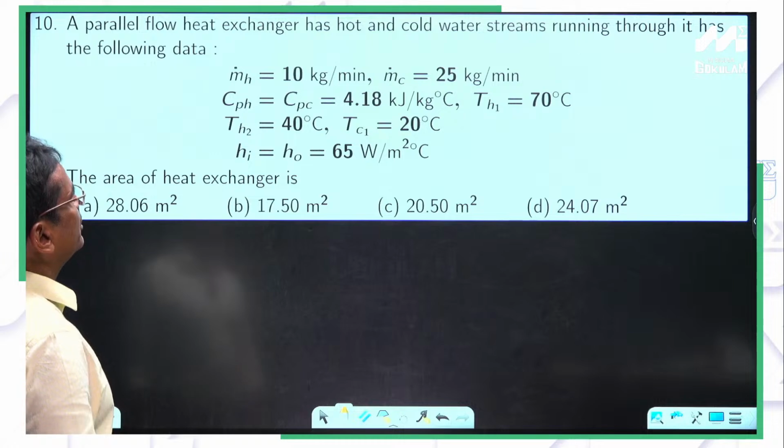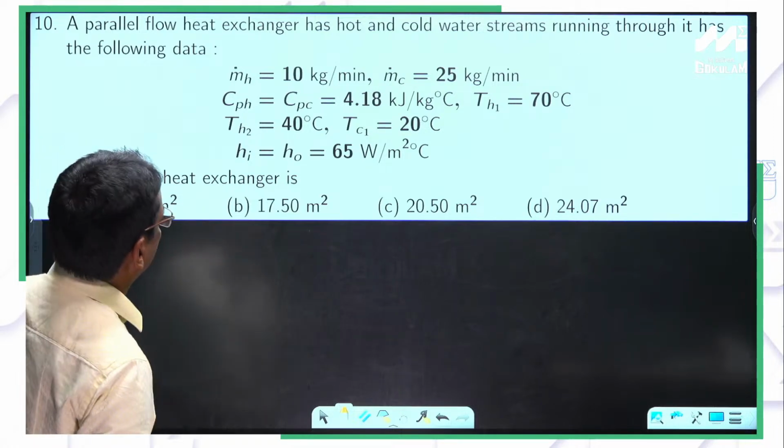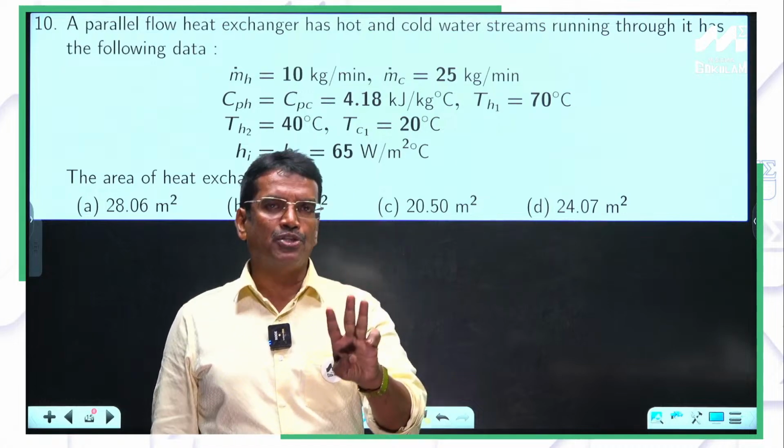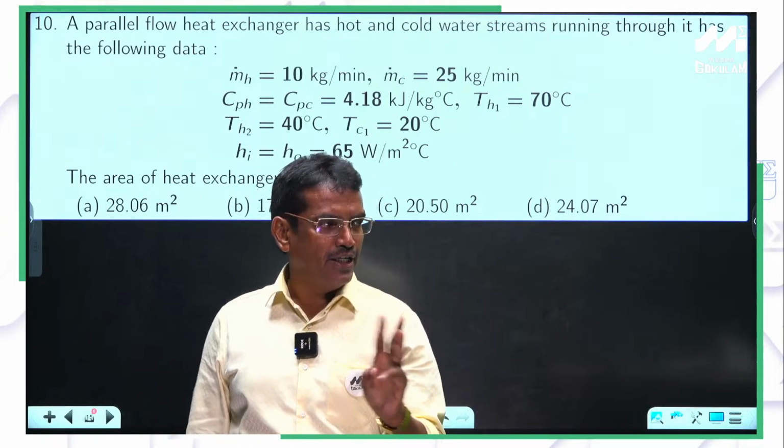A parallel flow heat exchanger has hot and cold water streams. In any heat exchanger problem, remember, if three temperatures are given,